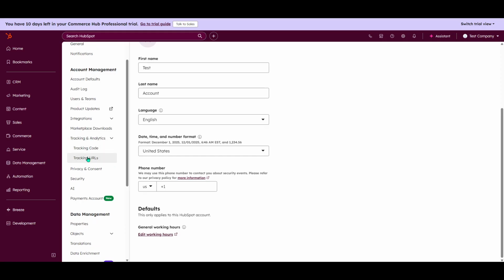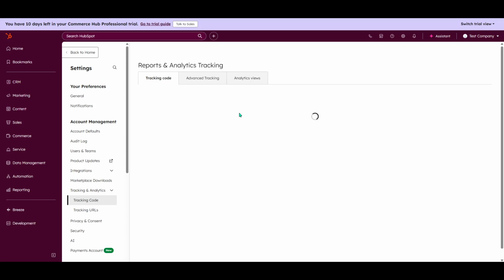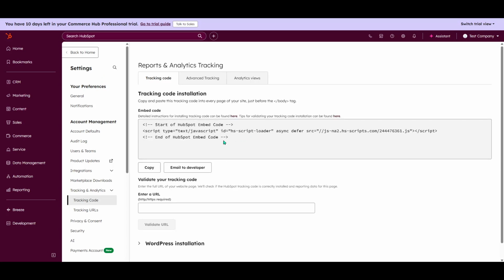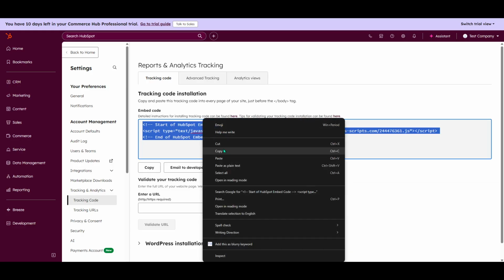Go ahead and copy that code exactly as it appears. You don't need to modify it. Now, you'll add it to your website. Paste the embed code just before the closing body tag, which looks like this. Placing it just before that tag ensures the rest of your content loads first, while still giving HubSpot full visibility